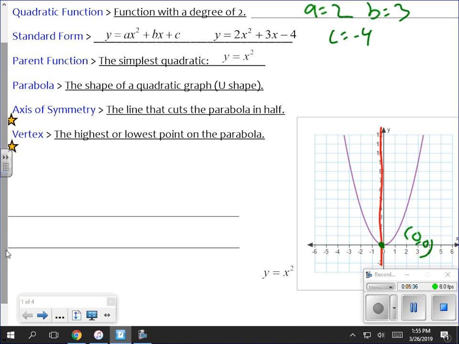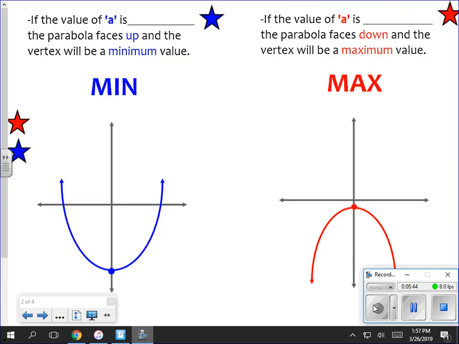Any questions so far? Got a couple people still writing. Oh, wait a minute. So,